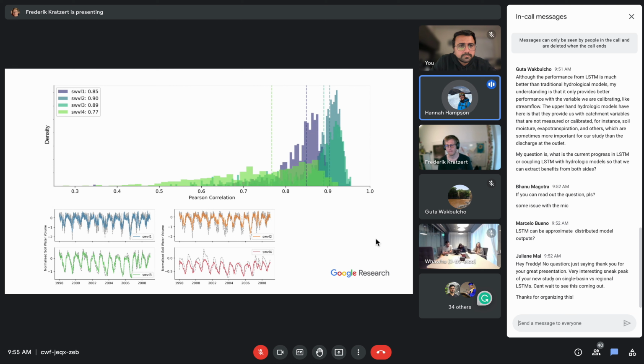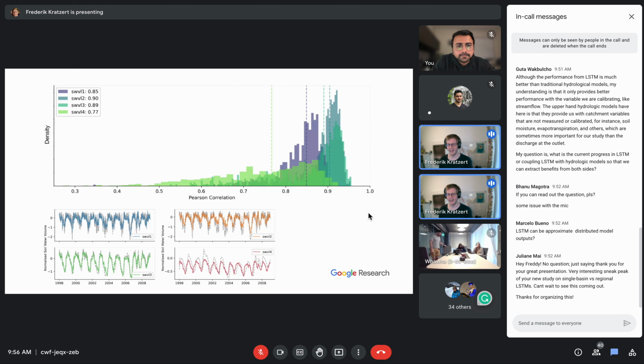And that, of course, has huge implications when those peak flows are underpredicted for the flood modeling world. So I was wondering, what do you think is the path forward for improving those peak flow predictions with an LSTM model? Do you think it's just a matter of having more data, or do you see another path forward?